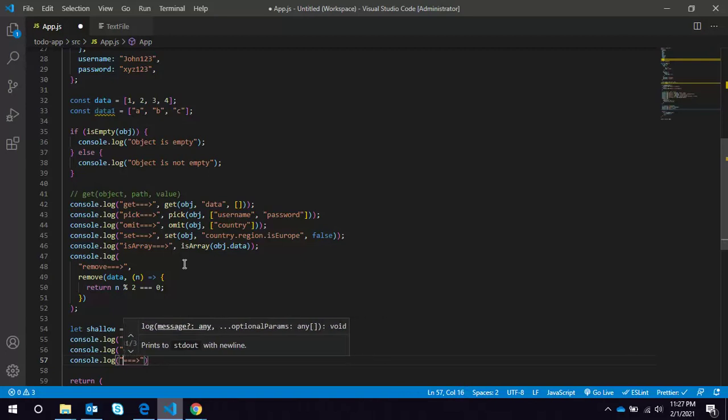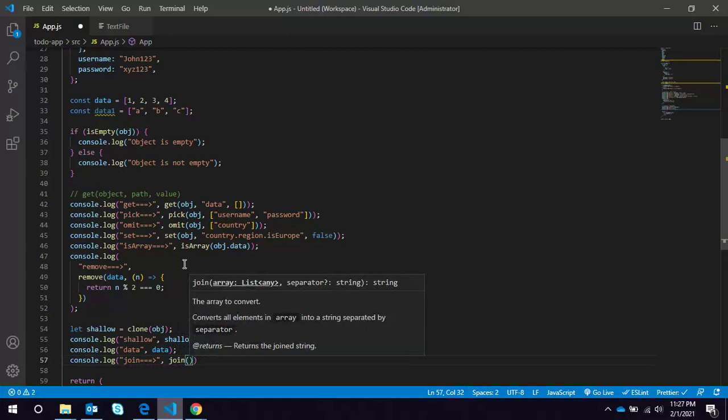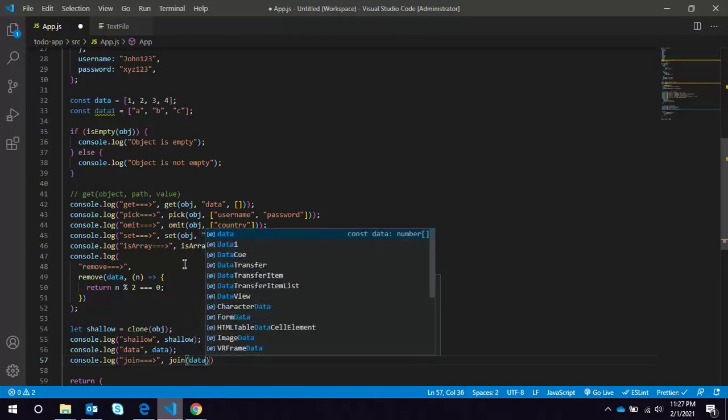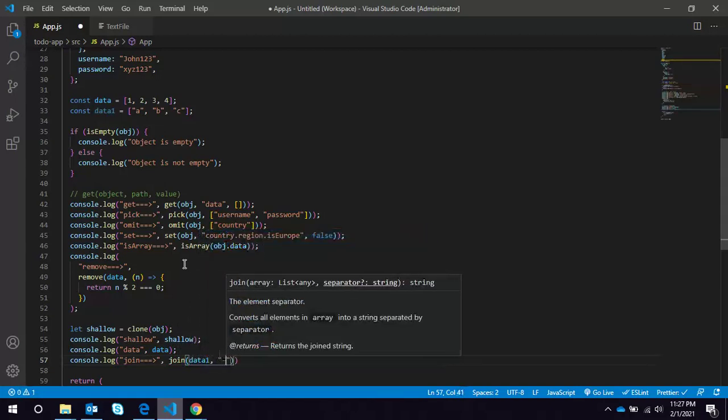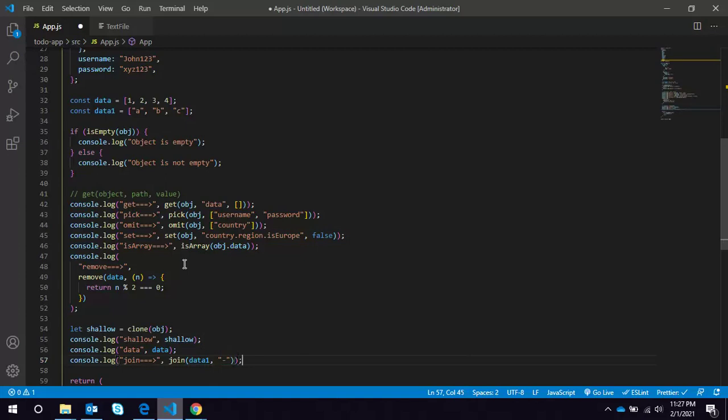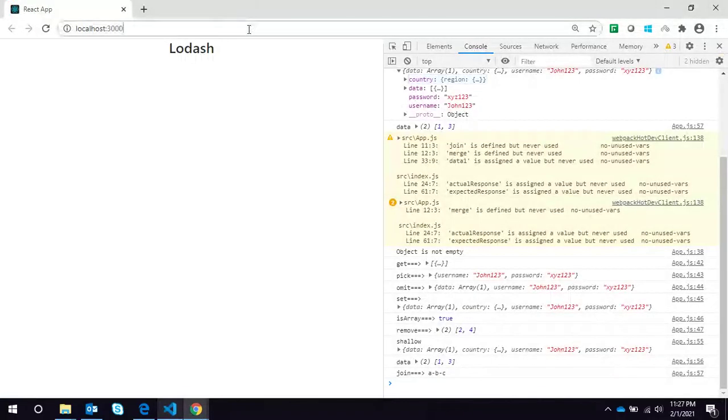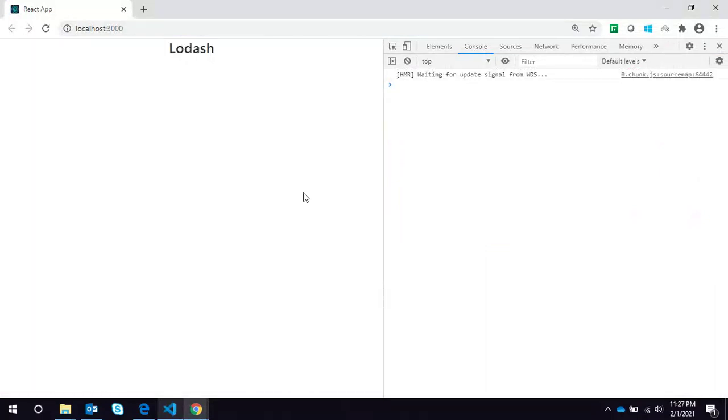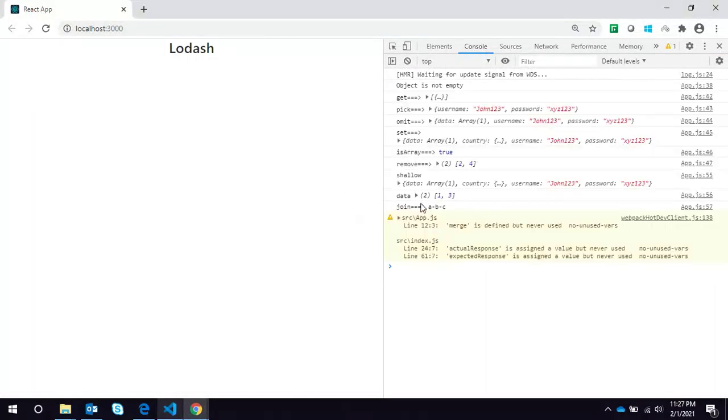Join accepts an array, and you can pass this dash. You can see between A and B we have a dash, and between B and C we have a dash.